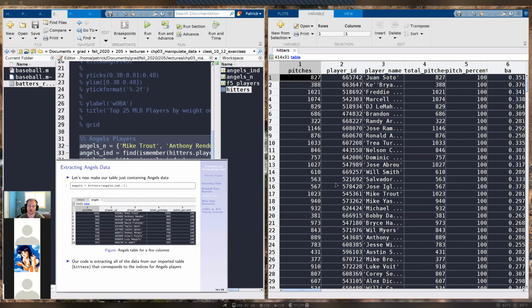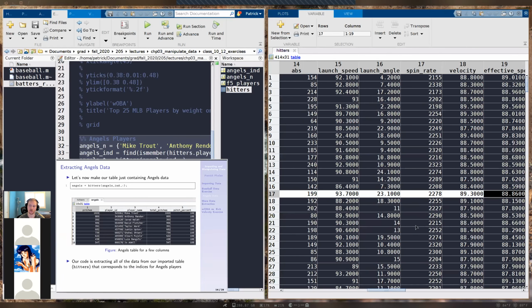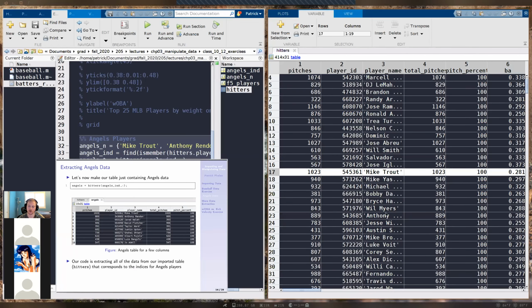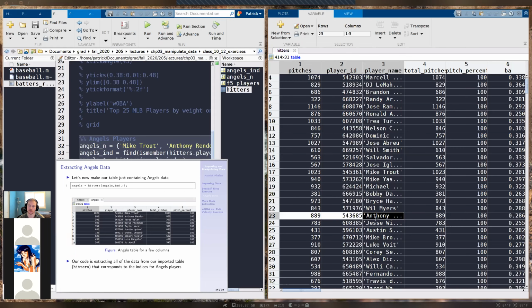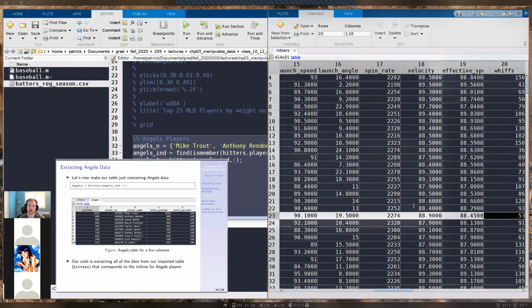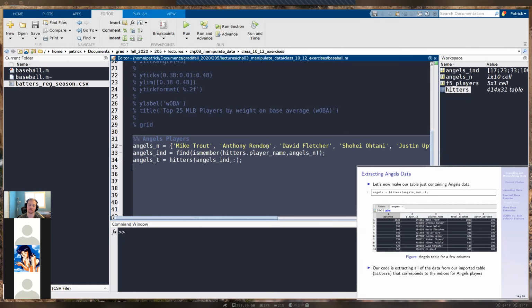So let's take row 17, for example. We're telling MATLAB that I want to take row 17 and all of the columns for row 17, so all of that data for Mike Trout. Likewise, we're doing that for row 23 for Rendon. We're on that row and we want to take all of that data for him, so all of those columns. And then it's going to be the same for all of the other angel players that we have. So now if I press run,